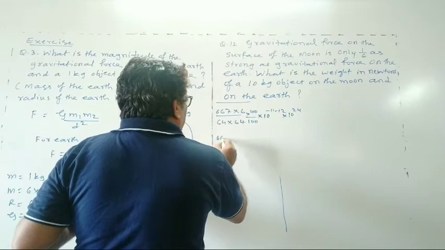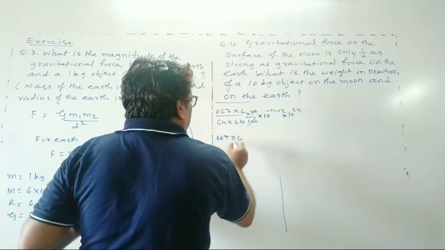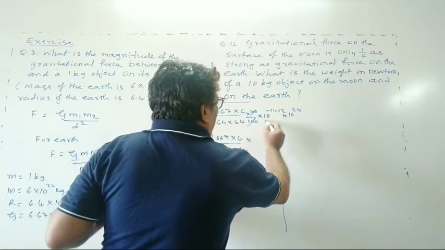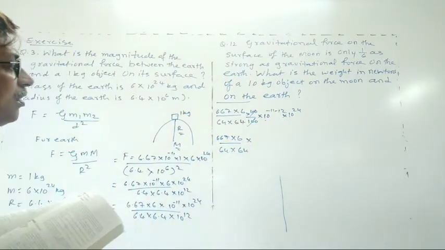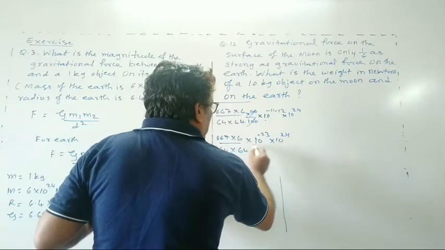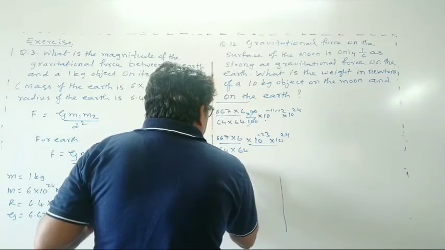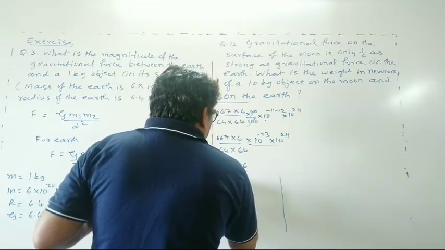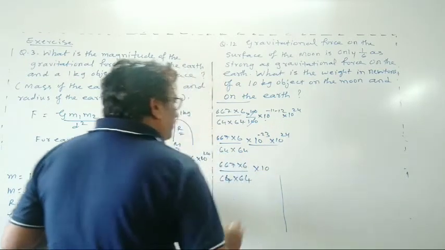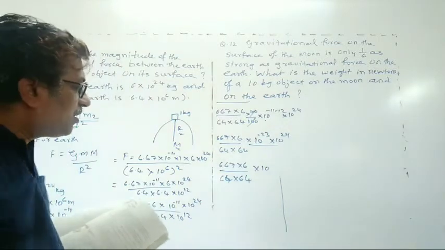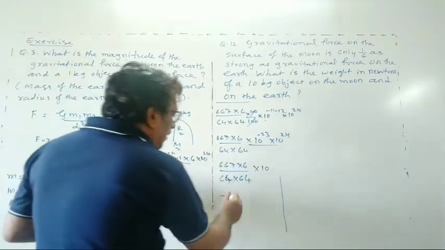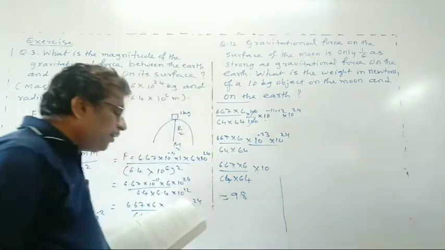And here again 6.67 multiplied by 6.10, and above 64 into 64. And here, okay, 10 raised to 24. So 10 to the minus 23 multiplied by 10 raised to 24. Now this one again 6.67 multiplied by 6, 64 into 64, and here 10 to the power 24 minus 23, only 1. So after the simplification of this, go through this simplified, and you will get 9.8 Newton.